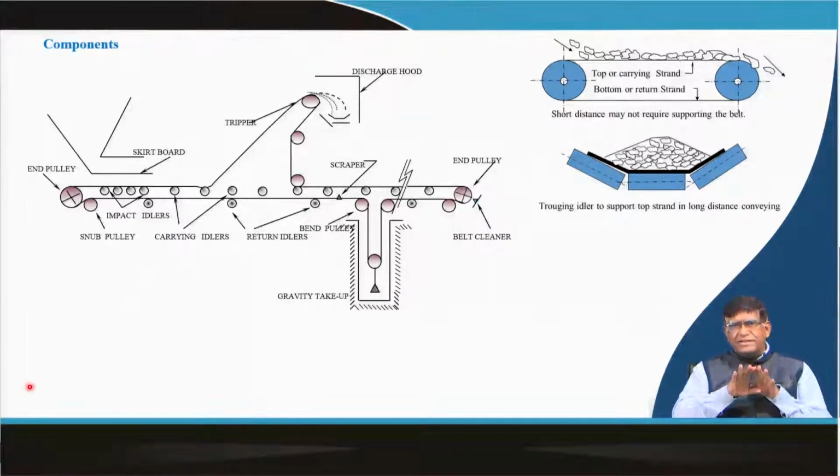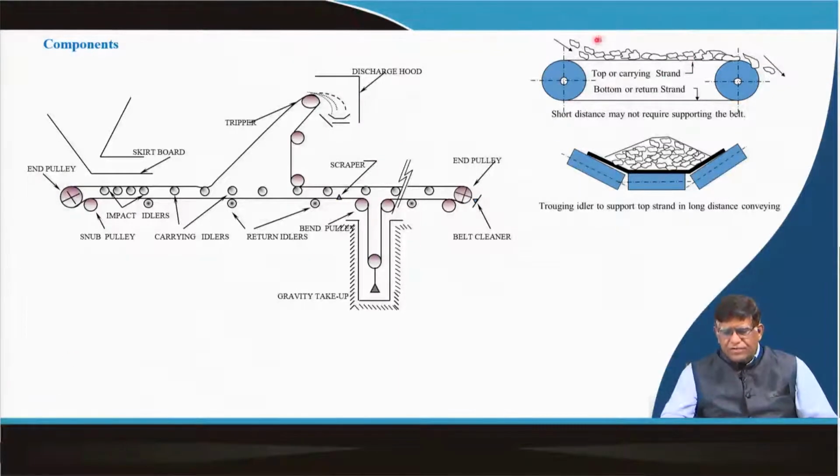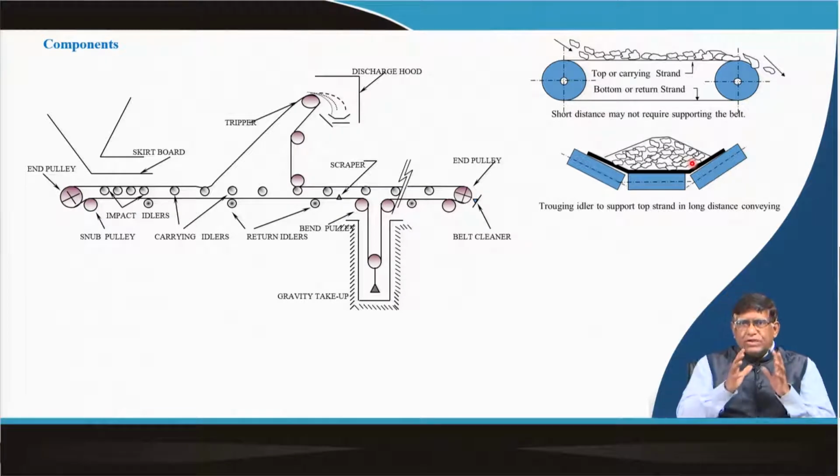A belt conveyor is an endless belt running over two end pulleys, and it is being fed. Say here material is fed, then the material will be moving, and the material is heaped over a trough belt like this. So, now for this conveyor belt, you need to know what main components it must have. A schematic diagram is here.